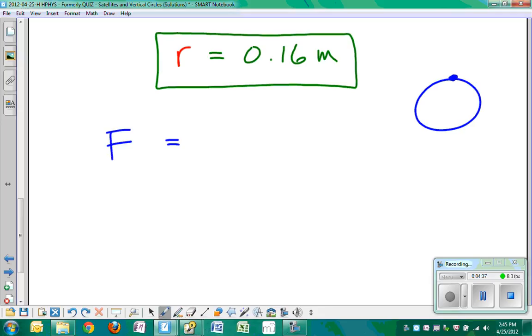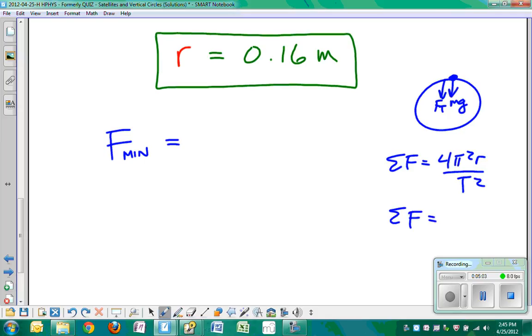So the minimum force is equal to, we have mg acting downward, we have tension acting downward. Here's mg and tension. We know that the net force is equal to 4 pi squared r over t squared, and both tension and gravity are acting towards the center of the circle, so we're going to say force of tension plus mg. So when we put these together, we get